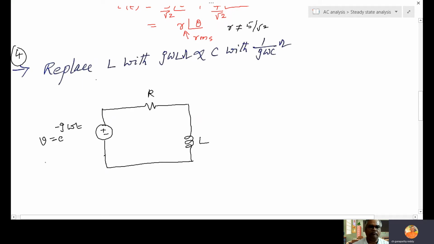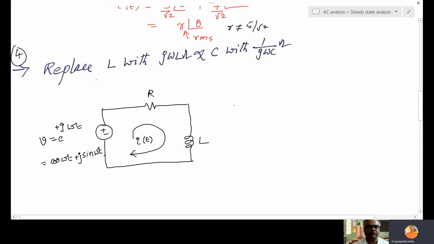So e power j omega t contains what? It is like e power j theta, which is cos theta plus j sin theta. So cos omega t plus j sin omega t. So this input source V contains cos function as well as sin function. So instead of taking cos and sin separately, I am taking e power j omega t. It contains hiddenly the cos function and sin function. Now we need to find I of t.